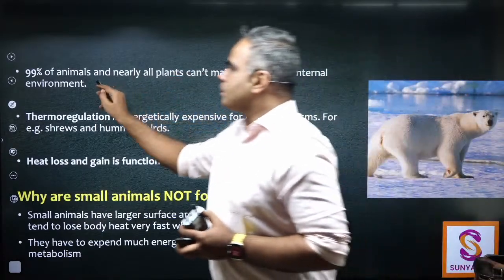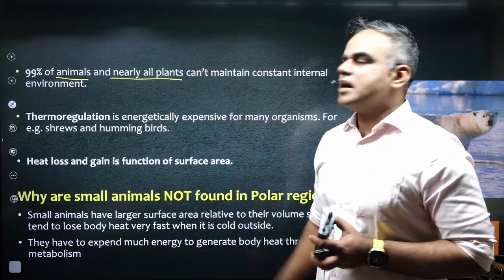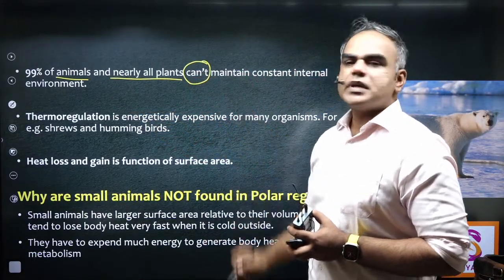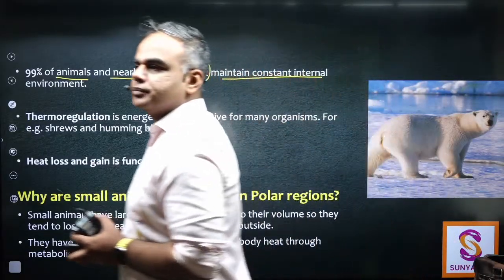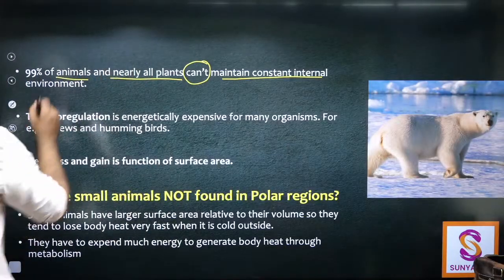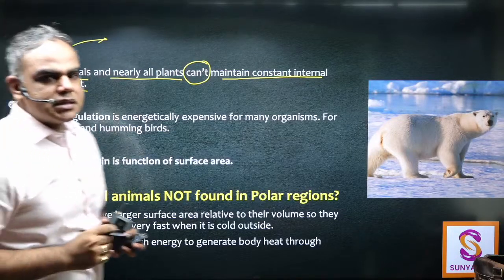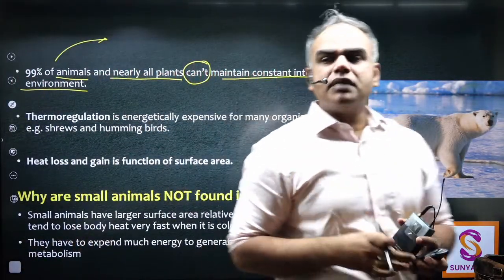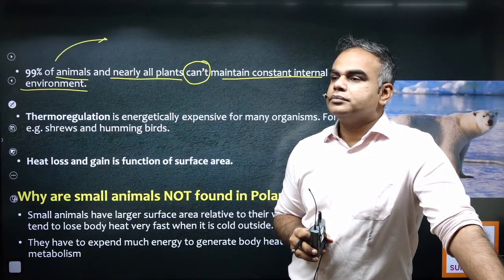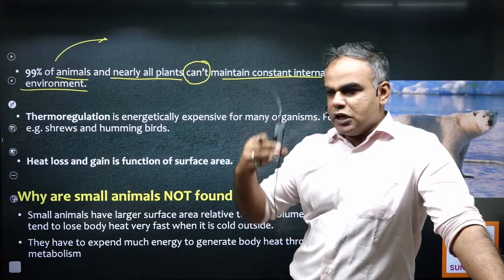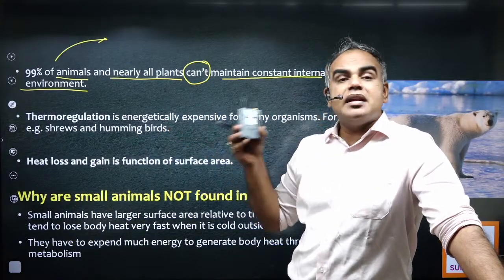99% of animals, again I'm drawing directly from your class 12th NCERT, and nearly all plants, main thing is they cannot maintain constant internal environment, right? Which is why most of them will get extinct, they'll not be able to survive. And the reason is, देखो हम लोग, if we are able to conserve the temperature, we have to have spent energy on it. You have read about at every trophic level many part of energy is lost, and for us this is energetically very expensive,